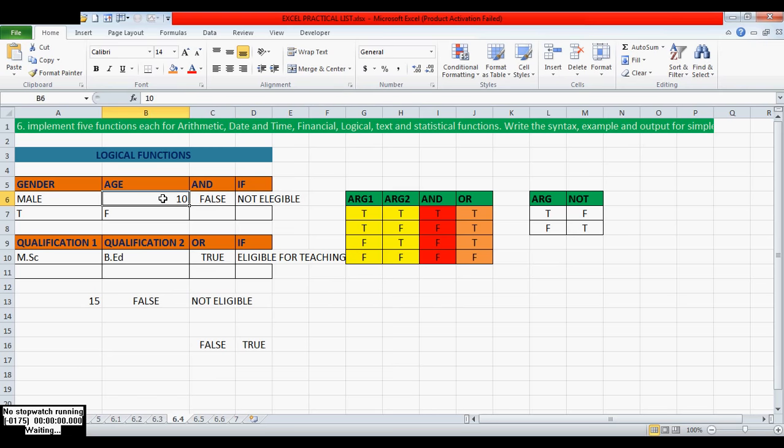Okay, suppose the condition is true, both arguments are true, what will happen, the first statement will execute. See here, A6 is male only and B6 is greater than 21 only, that's why the first statement will execute. It is executing, eligible for marriage. Okay, so next,